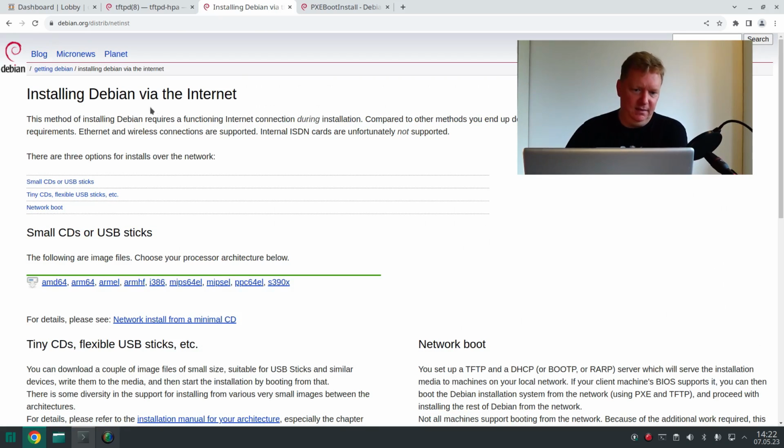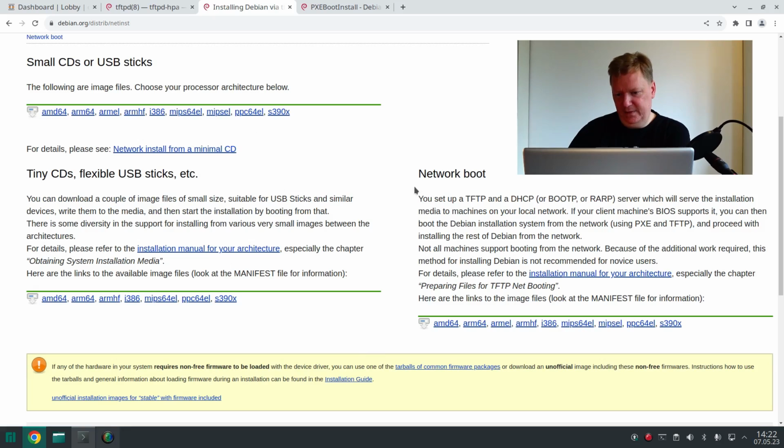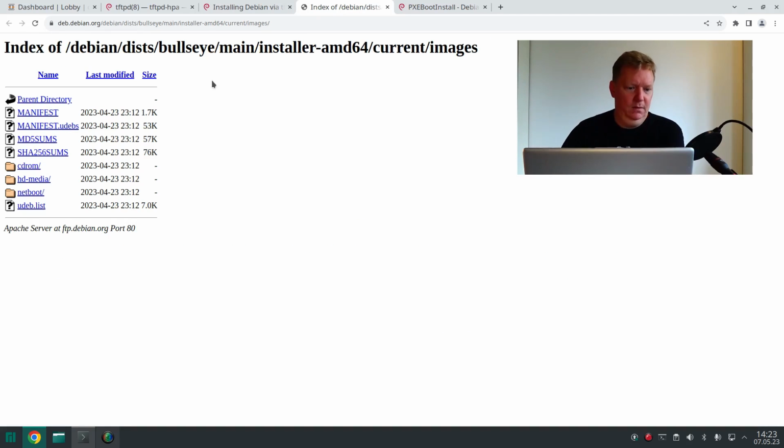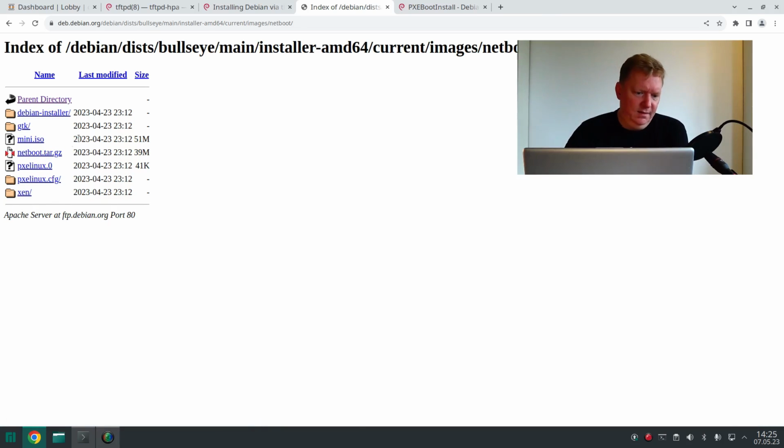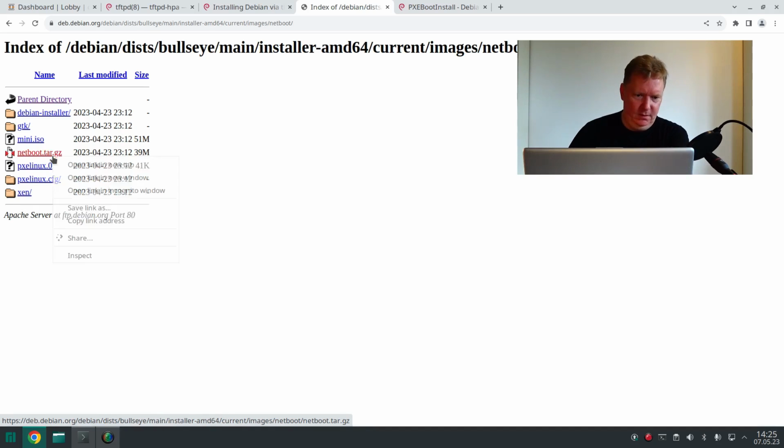You have this installing Debian via the internet, and over here we have an entry for network boot. Right over here you have images for CDs and USB sticks, but over here we have an image for network booting. This is an AMD64 architecture, so I will go there. Netboot, and here this netboot.tar.gz, that's the file we need. I will copy the link address,